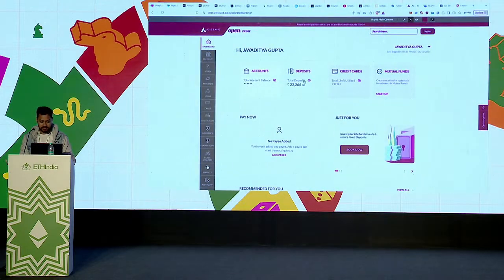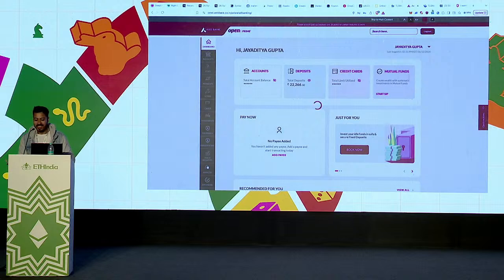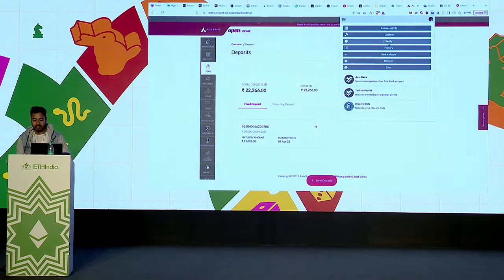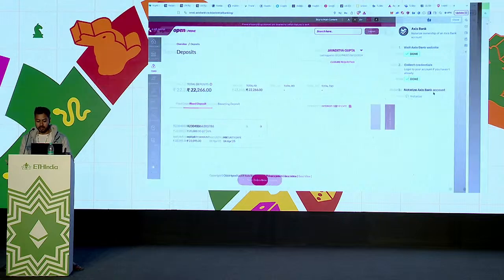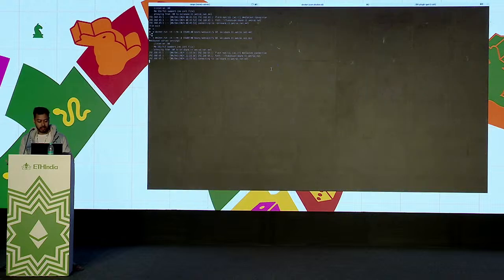So this is the browser extension, and as you can see, I have 3 plugins here: Axis Bank, Twitter, and the Discord DMs plugin. So I'm on Axis Bank. There are 3 steps: visit the website, get the cookies, and start the notarization process. So it will go through here.